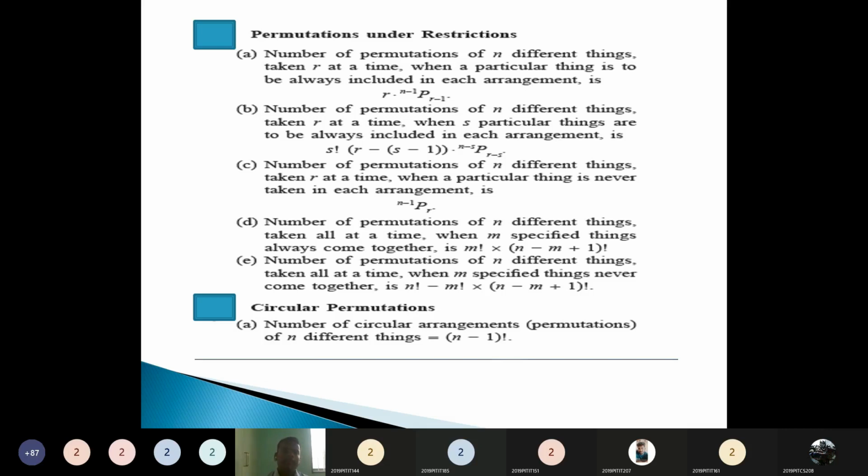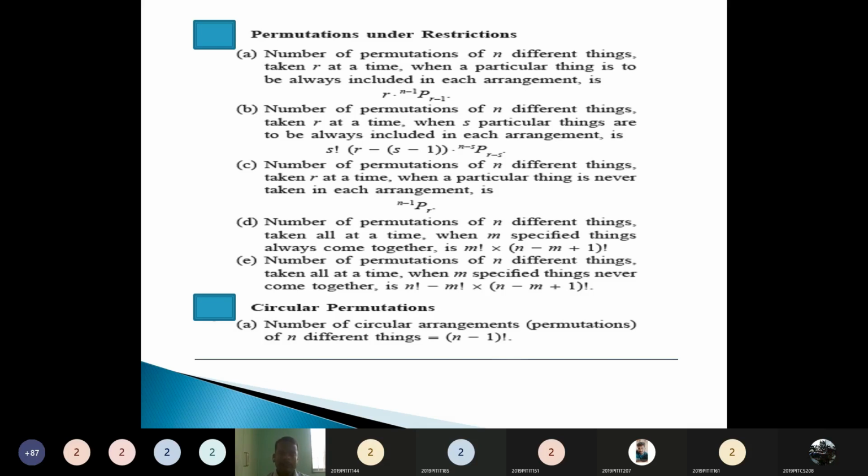So we'll see that in an example. The number of permutations of n different things taken all at a time, in which m specific things never come together, is n factorial minus m factorial into n minus m plus 1 factorial. Yes. So in the particular word,